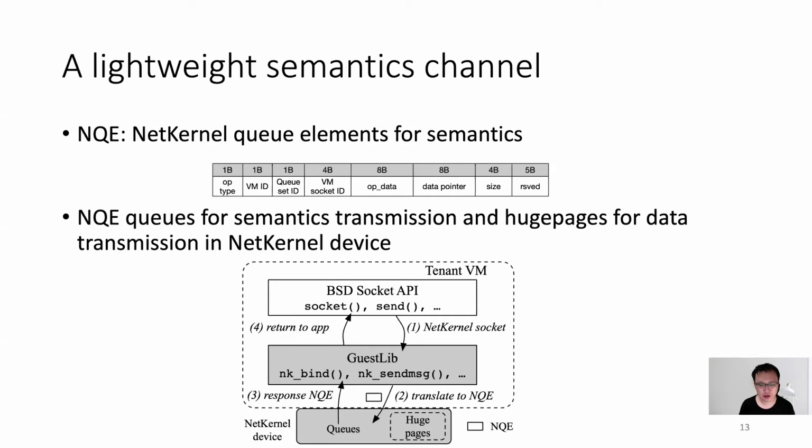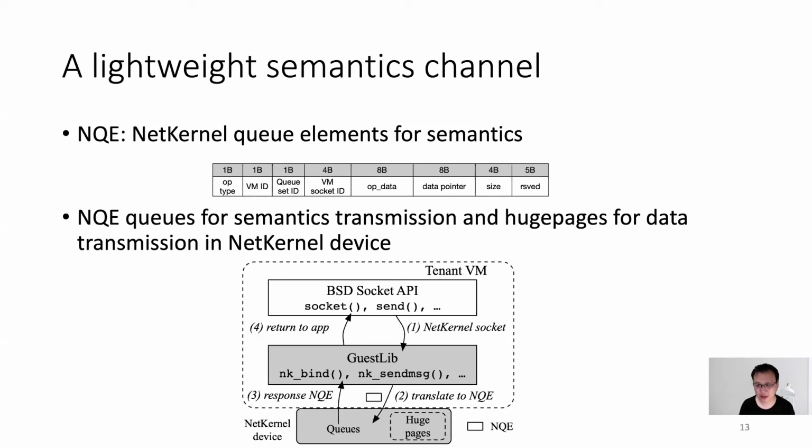We also provide a lightweight semantic channel between the VM and NSMs. For the socket semantic, we provide NQE, NetKernel queue elements. Each NQE is 32 bytes in size. It contains the operation type, VM ID, queue set ID, VM socket ID, operation data, data pointer, and the size